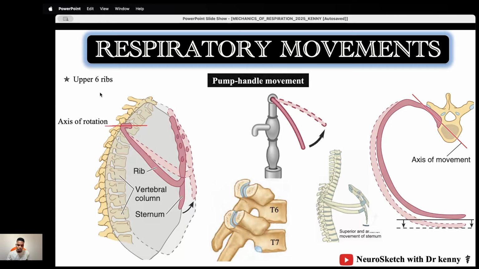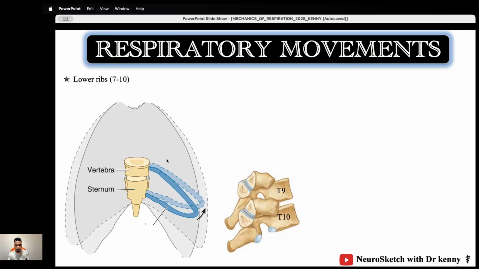The lower ribs, especially rib number 7 to rib number 12, are forming a plane joint. The above one was the hinge joint, but this one is the plane joint. The characteristic of a plane joint is that it allows grinding movement. But the grinding here is happening in a way that when these ribs are moving, they are moving a little bit superior, but on the lateral surface. So they're moving superior, but on the lateral surface, and this gives an impression